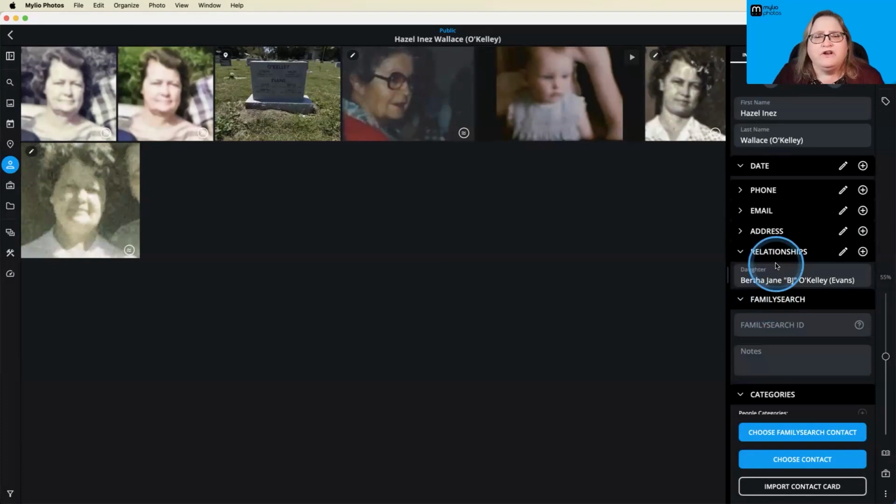Now, what if you don't want to go ahead and edit and add all of this information by hand? We've got some great tools that can help depending on where you store information about people that you care about. You'll notice here at the bottom, I have 3 options. I can choose a FamilySearch contact. I can choose a contact. This connects to my address book on my Mac, or I can import a contact card, and that's going to